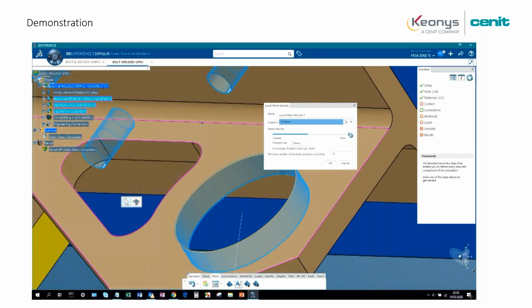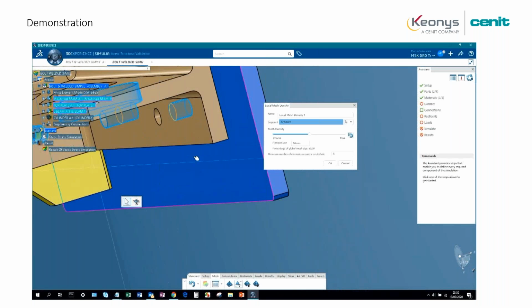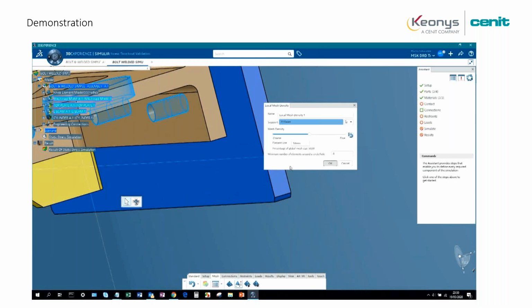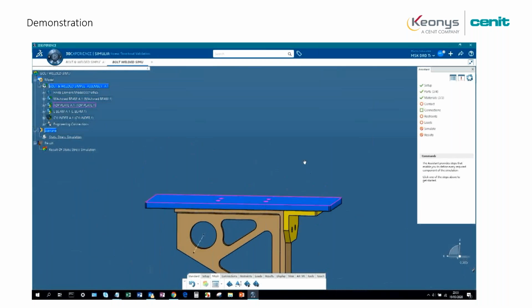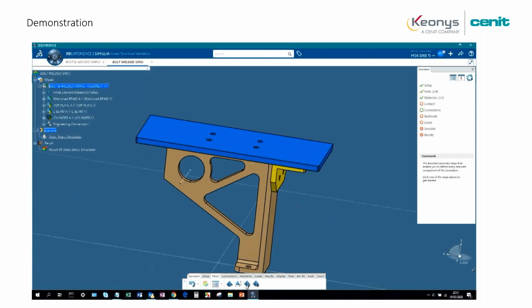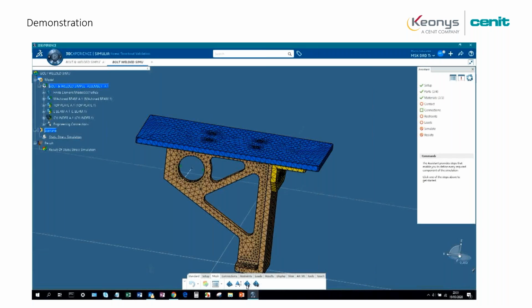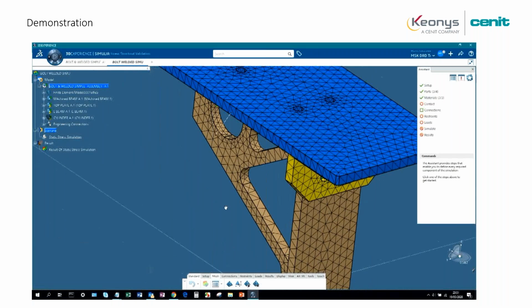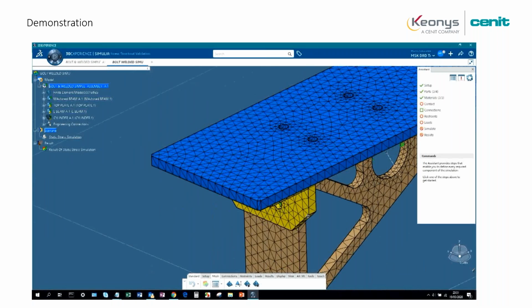Once again, we decided to do this here, but you can also do it automatically. So it generates the mesh automatically.